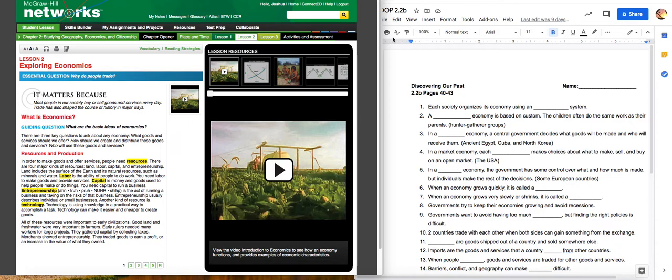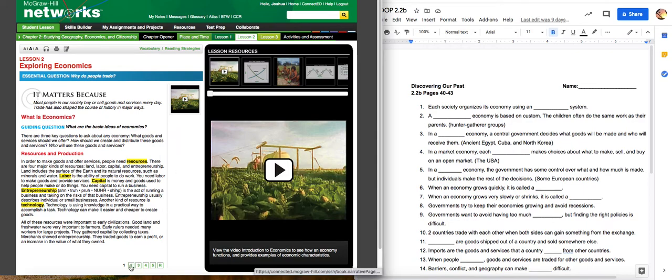Yesterday we got introduced as we started talking about economics, how we use the resources to make money, and then worked our way through it. If you remember this one, it talked about 4 major kinds of resources, but there were actually 5. So we talked about the resources that we have, the labor that you can do the work with, the capital, the money it takes to get started, entrepreneurship, the ability to run a business, and then technology was that 5th one that we worked our way through.